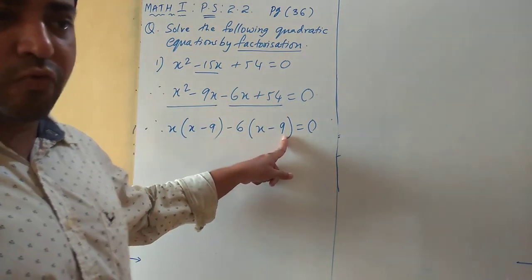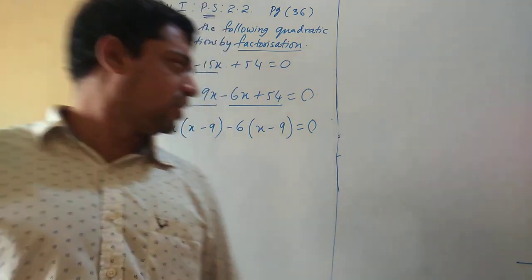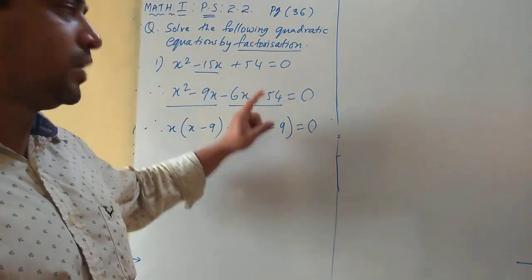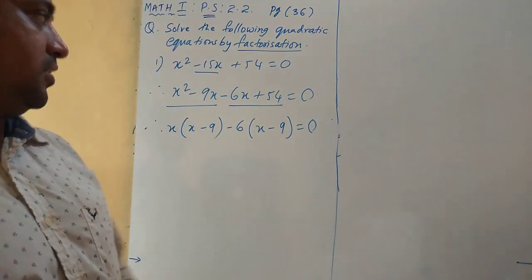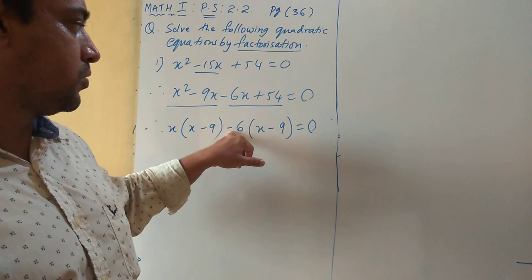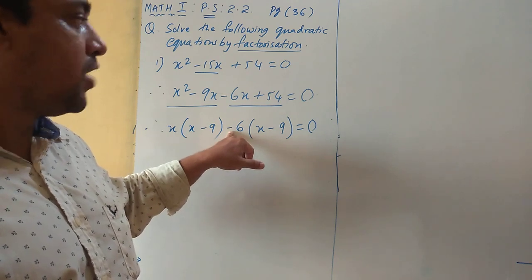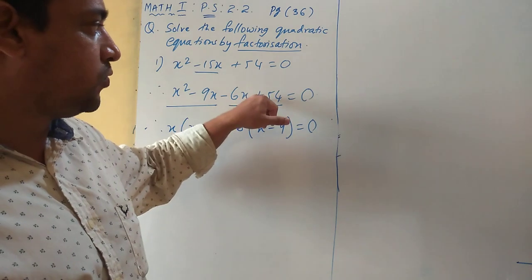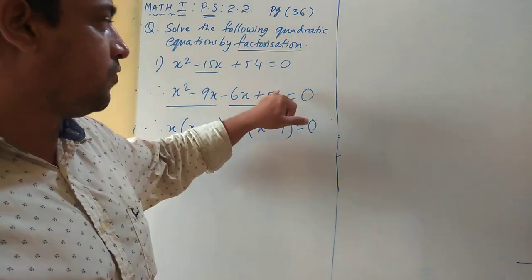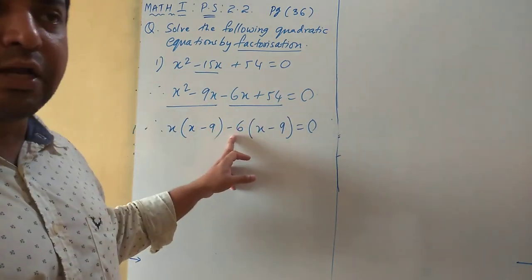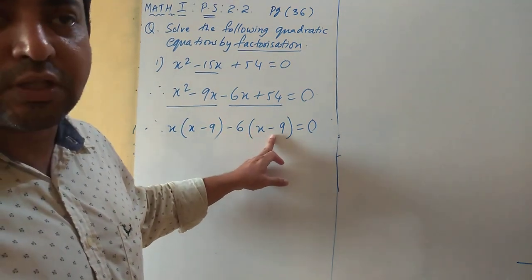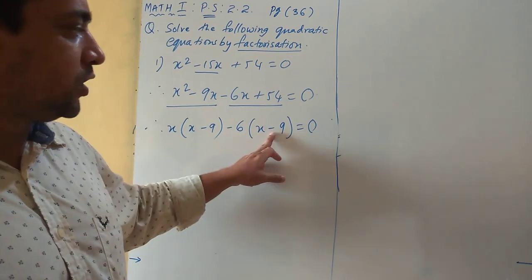Now again, those of you whose basics are not clear, they will say, अरे प्लस था, सर ने माइनस लिखा, क्यों लिखा माइनस? तो प्लस था. Okay, just check. When I am taking minus 6 as common, the sign will change. Why? Because when I open the bracket again, I should get positive 54. Correct? Check, minus minus plus, and 6 9s are 54. So whenever you are having a negative sign here, always the sign will change here. If this was positive, then you need not change the sign, but the negative sign is here, so you'll have to change the sign here also.